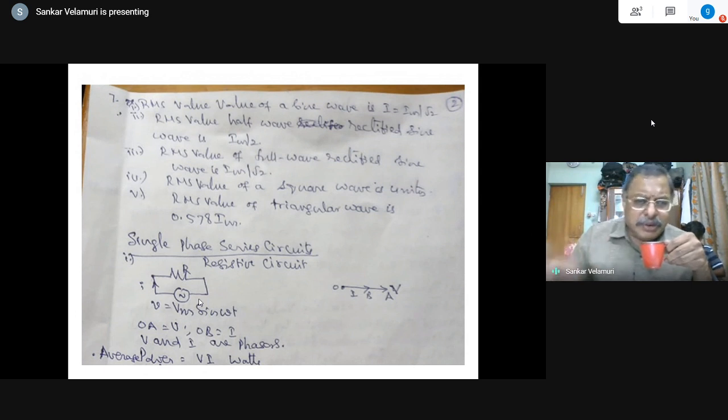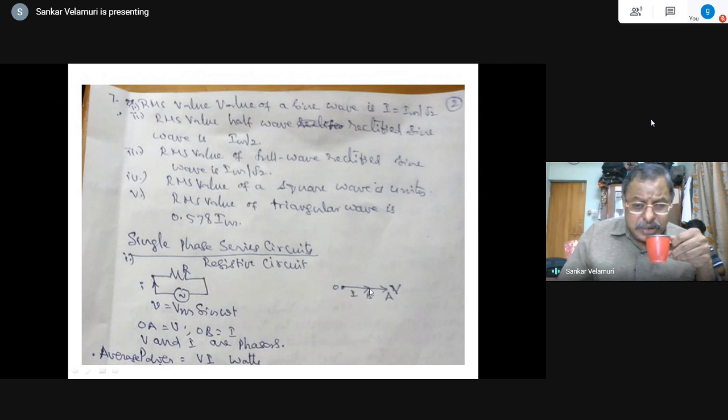Take a DC machine or any machine. When the conductor is rotating in anti-clockwise direction in the vicinity of the magnetic poles, in the first quadrant, imagine it is in anti-clockwise direction. When the magnetic flux is parallel with the conductor, then there is no cutting of the flux, so the EMF induced is 0. So this particular position, say OB, although it is shown as I, the current, for example, the horizontal position is the initial phasor position. Although it is a vector, it is represented as a phasor.